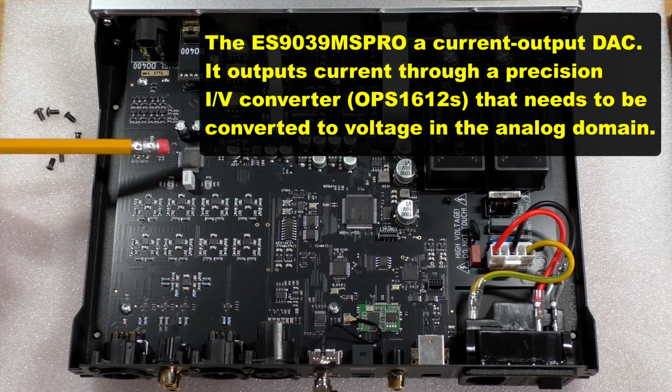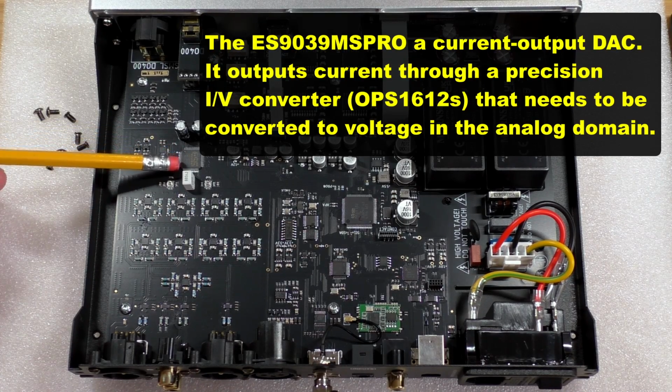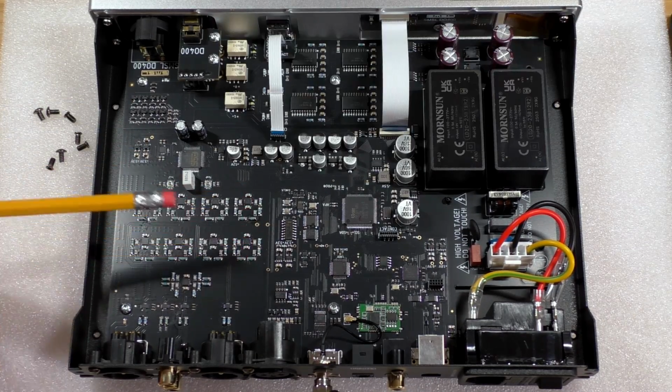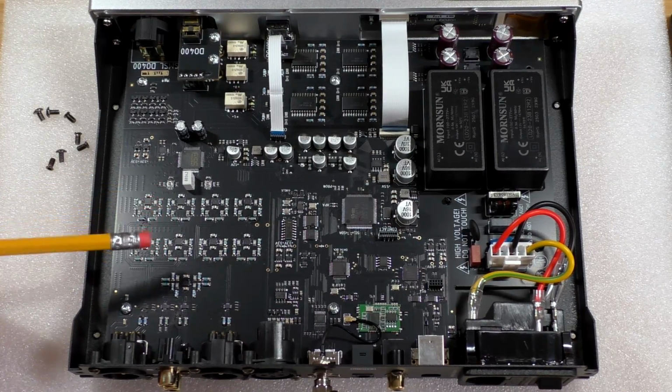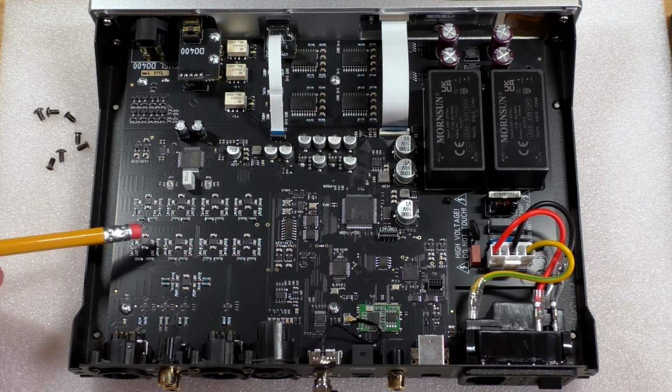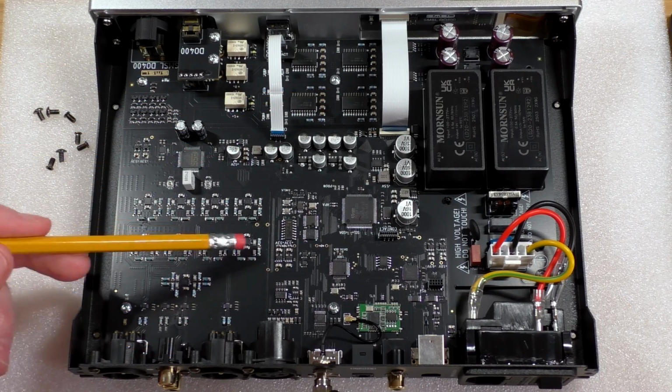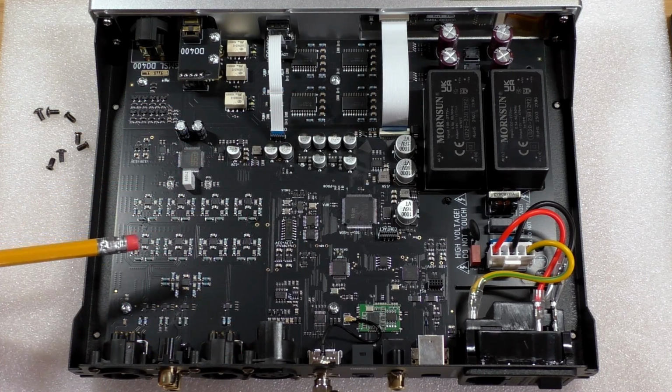Now, I don't know if the ESS 9039 MS Pro is a voltage DAC or a current DAC. I think it's a current output, which is why you have so many 1612s. And by the way, that's left channel, right channel layout, because it is fully balanced. So they do some output buffering. They do some active low pass filtering with their ancillary components around them. But it's key to the output stage before it gets to the headphone amplifier or to the line out. And these will provide enough voltage for the line out. So in conjunction with the XMOS XU-316, basically what we've got is a good clean signal path with plenty of